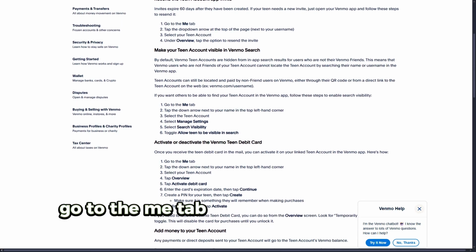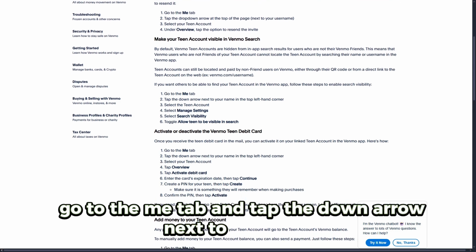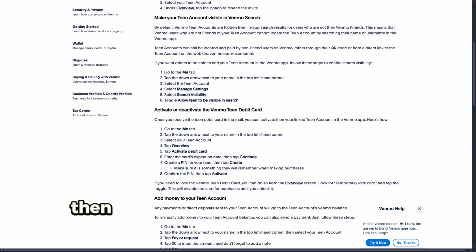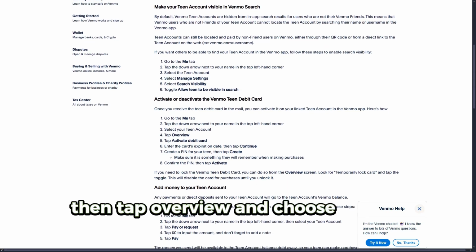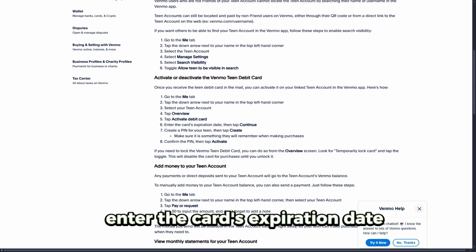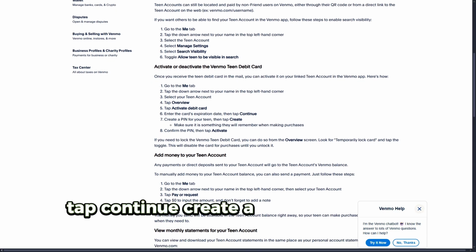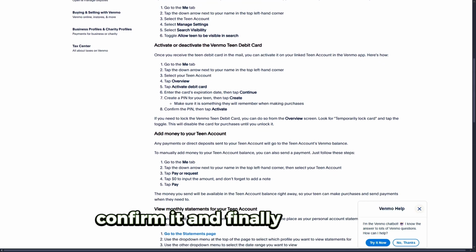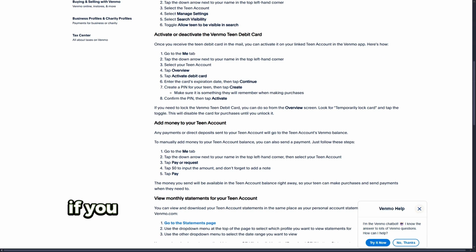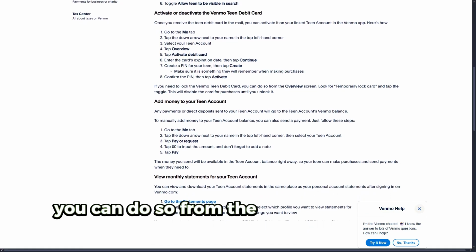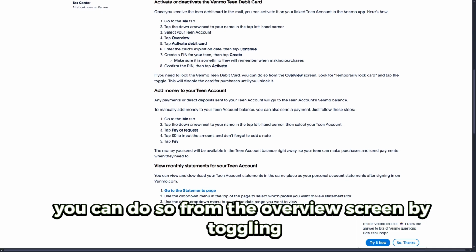Go to the Me tab and tap the down arrow next to your name. From there, select the teen account, then tap Overview and choose Activate Debit Card. Enter the card's expiration date, tap Continue, create a PIN that your teen will remember, confirm it, and finally, tap Activate. If you ever need to temporarily lock the card, you can do so from the Overview screen by toggling